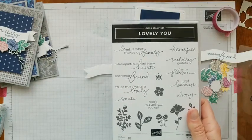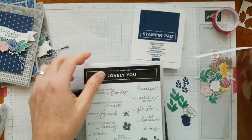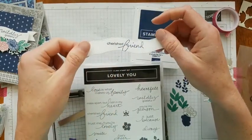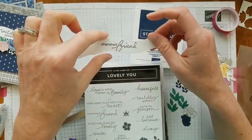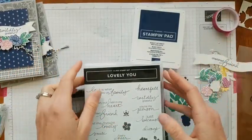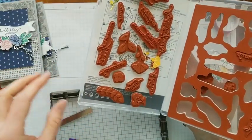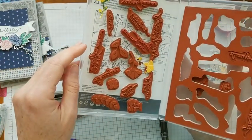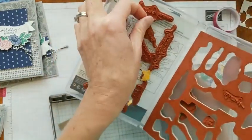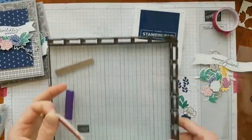And I had a little trick on how you can line these up, because these greetings are not made to go on this curved banner. But I do like the way they look. I like how they're straight and the curve. You see how that looks? I like that. So I needed to have it line up, and unfortunately these are not photopolymer, so I cannot see through them and line them up. So I used my Stamparatus